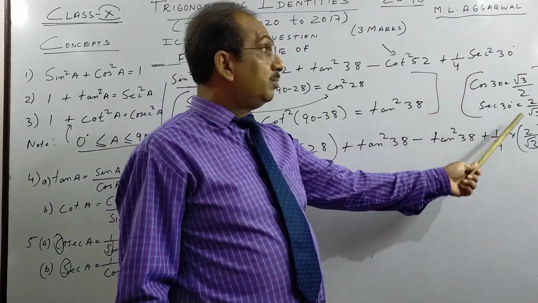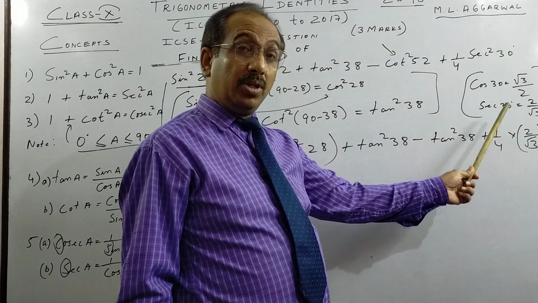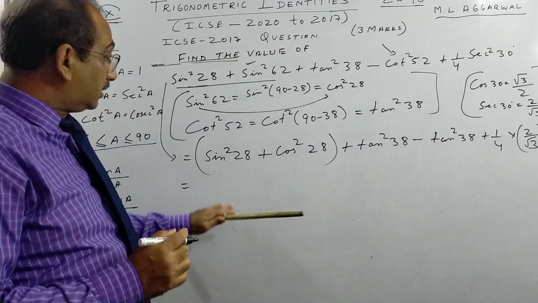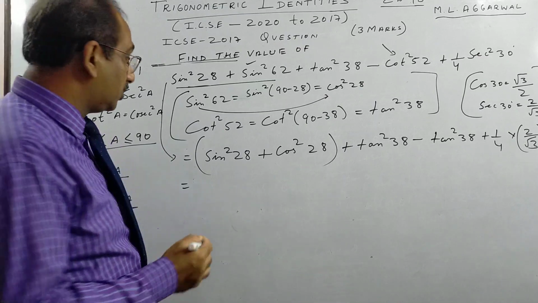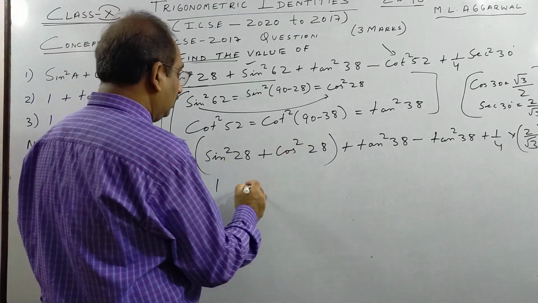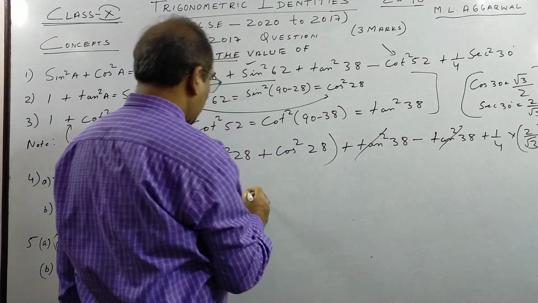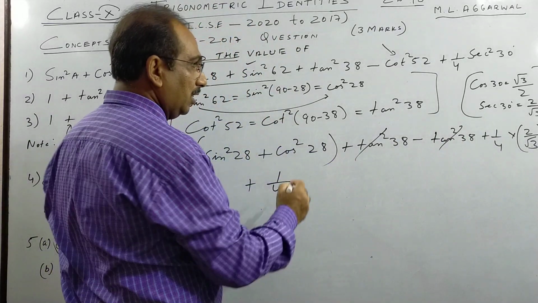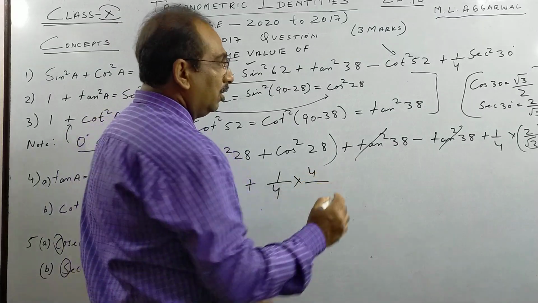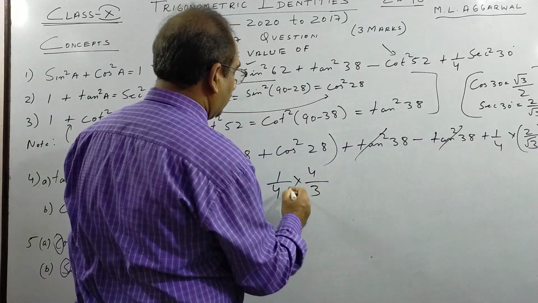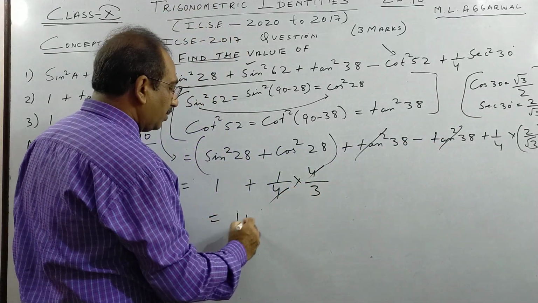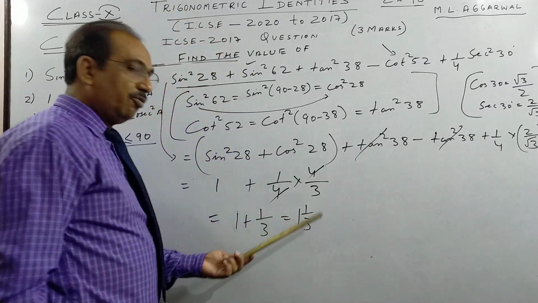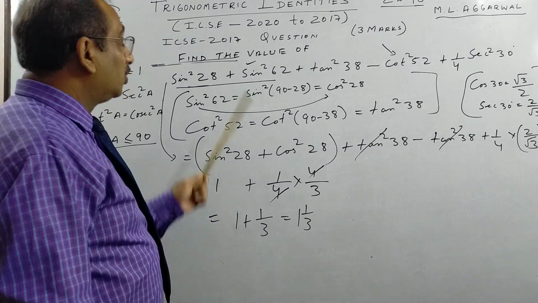So this comes from standard angle. Remember, sometime we use concept of standard angle. Not only this, when we do height and distance, you will see. So this is 1, this cancels, and here we have 1/4. See, I directly go there. Into 4, 2 square is 4 and root 3 square is 3. So I get 1 plus 1 by 3. This is 1 by 3. 4 by 3. So this is the value.